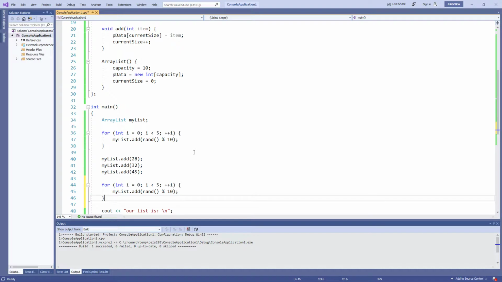And the reason this is going to cause a problem is we put 5 things here, we put 5 things here, we put 3 things here. That's a total of 13 items in the list, but we gave our list a capacity of 10. So this is going to end up being a problem if we try to run this,